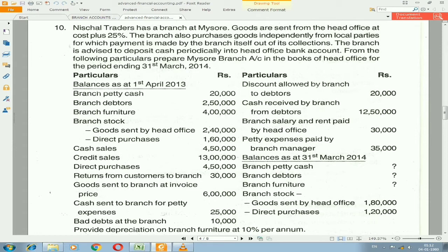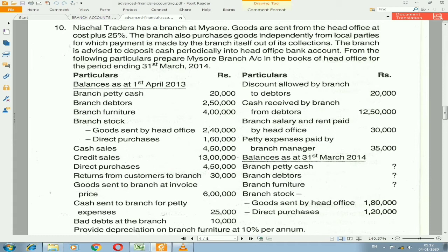From the following particulars, prepare the Mysuru branch account in the books of the head office for the period ending 31st March 2014. So we can take the financial year as 1/4/2013 to 31st March 2014. Under that we have opening balances of petty cash, branch debtors, branch furniture, branch stock, which includes goods sent by head office as well as direct purchase, cash sales, credit sales, direct purchase, return from customers, then